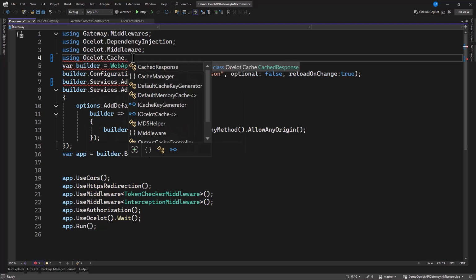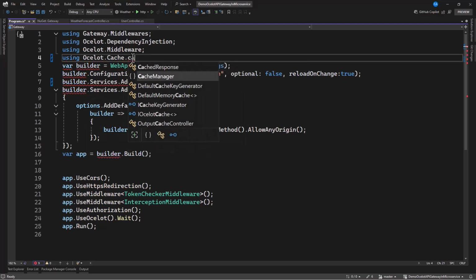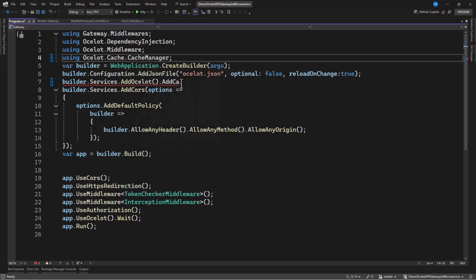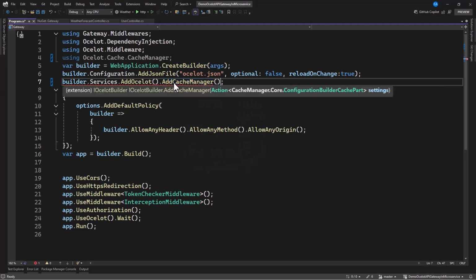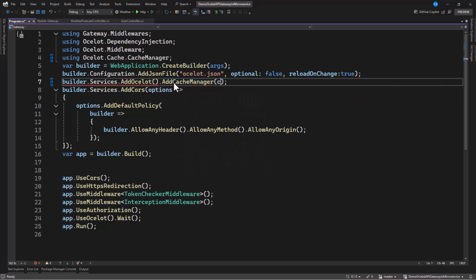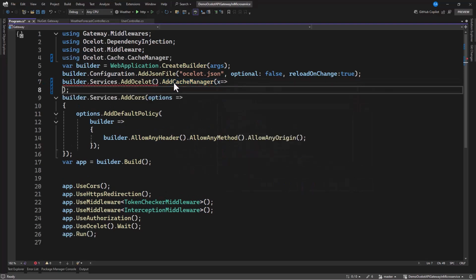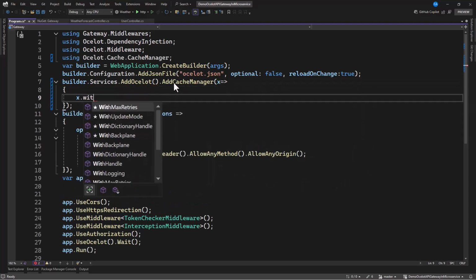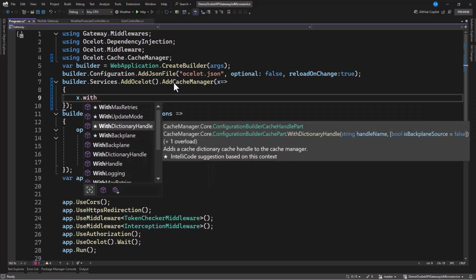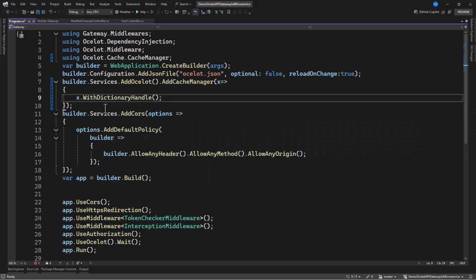Then we can say AddOcelot().AddCacheManager. Now we can specify some option, and we're going to say options.WithDictionaryHandle. So that is the only service that we need to add.